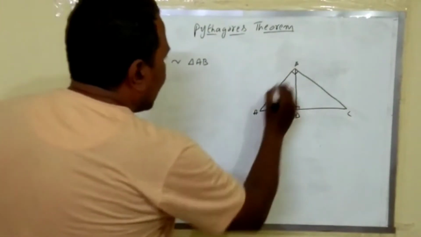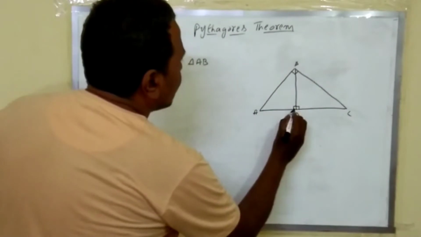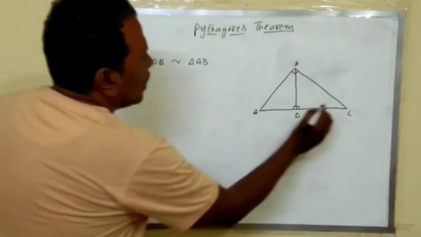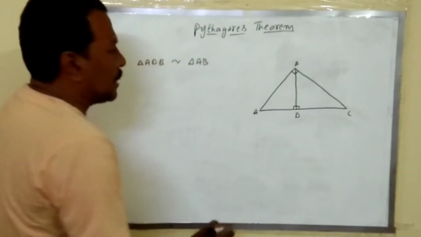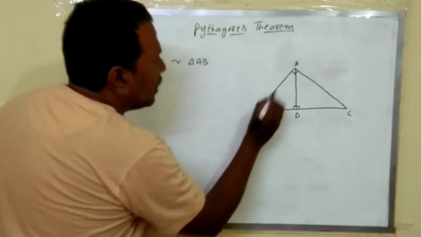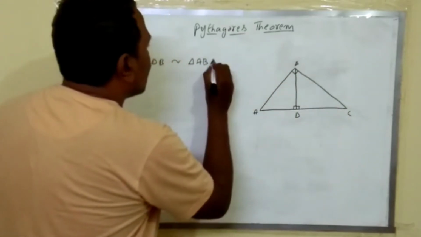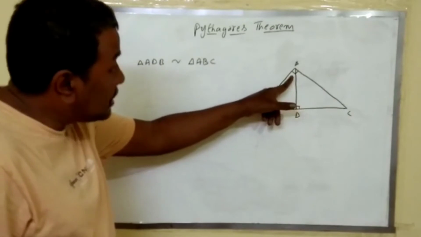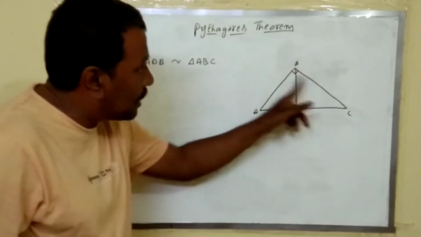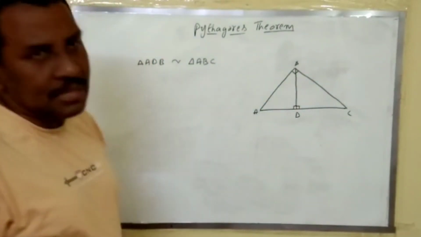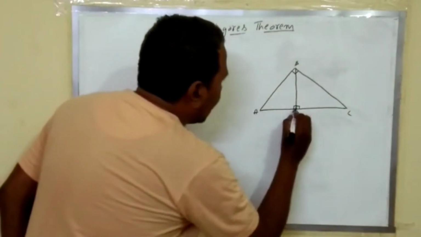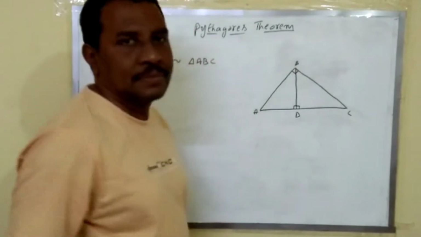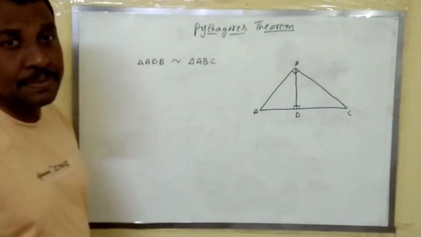And what about this third angle? Here, angle A is over, angle D is over. The third angle is B. So in place of B, what is the angle that is left over? That I have to take. Here, angle A is over and angle B also. So I have to keep angle C. So angle B for this triangle is equal to angle C for this bigger triangle. So these two triangles are similar. That means triangle ADB is similar to triangle ABC. Okay. So this is the way how to write.